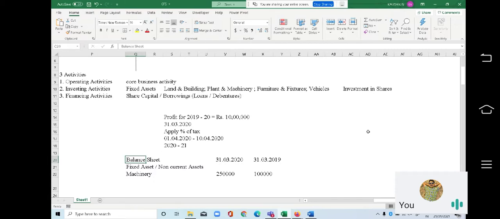In the balance sheet you have got the details, so it appears like this. Now below this, an additional information is given mentioning that during the year,